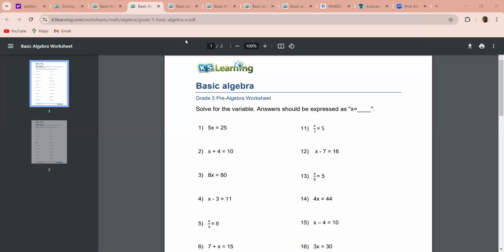Are you done? Is it easy or do we need to have another activity? Can you solve this one now? What do you think? We need to find the value of x from 1 to 5 as well as from 11 to 15. What time is it right now? It's 7:30. I can give you 10 minutes if you'd like. If you are already done, you can tell me, okay?